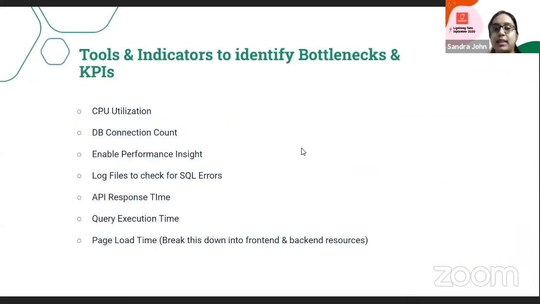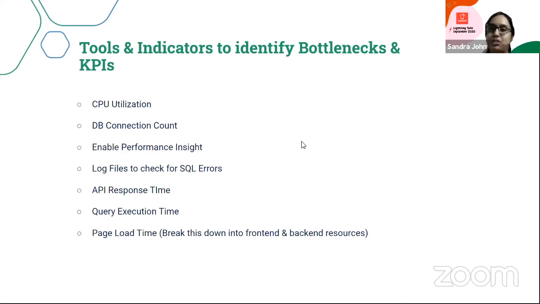These are a few tools and indicators that help us in identifying bottlenecks and bringing up the KPI values in your applications. A very misconstrued notion around performance testing is that everyone needs to know all the tools that are available in the market for performance testing, and only then we'll be able to do it. But even with simple indicators and observations, we can actually understand how an application's performance can be improved, even without any automated way of generating data. Even a single user's observations can actually help you.